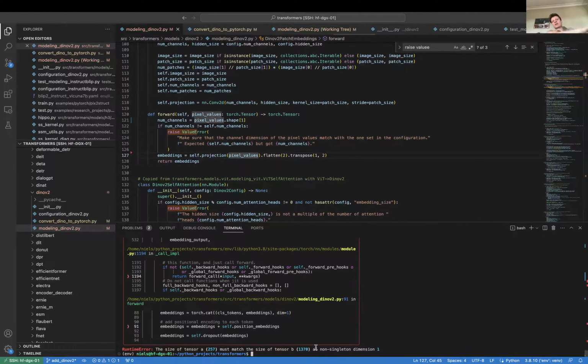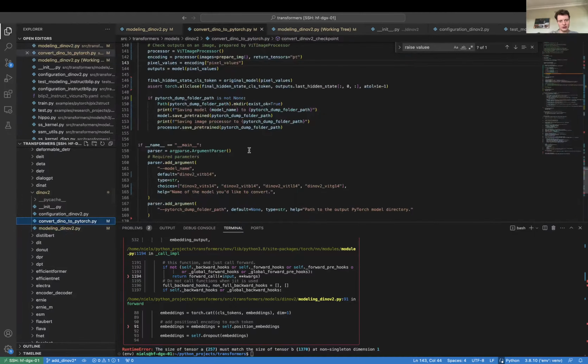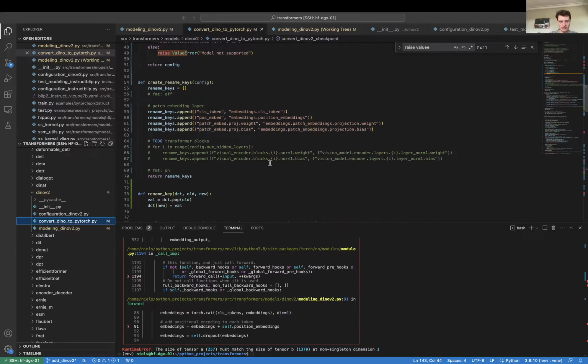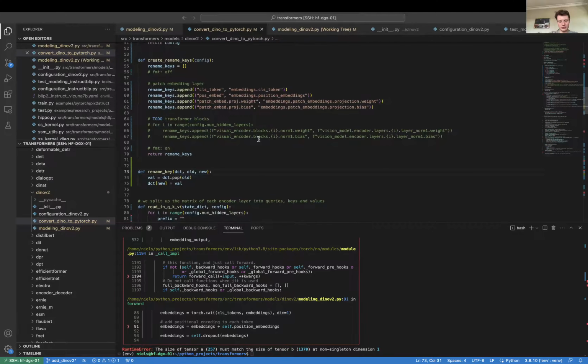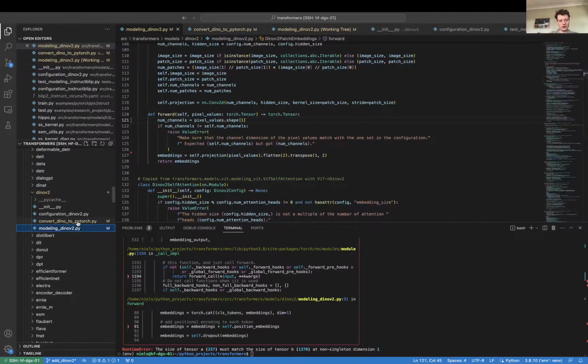Yeah, because that's where the interpolation of the position embeddings comes in. But as you can see here, we are already converting the weights. For now, it's only the patch embedding layer. After that, we still need to convert the transformer blocks. But actually, one thing we could already do here